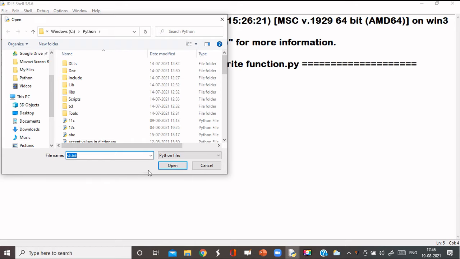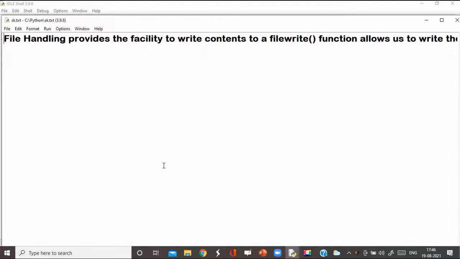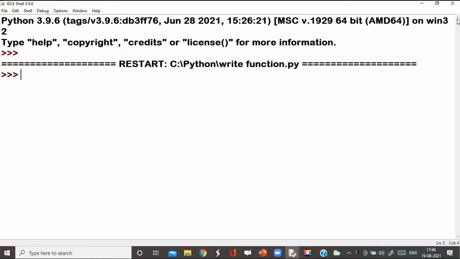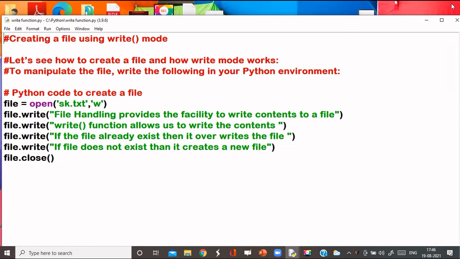Now you can see that everything is written in one line, whatever lines we are writing one by one. First is that file handling provides the facility to write content to a file. So all these things are written there. Now in the write operation, the thing is that it will overwrite the file contents.